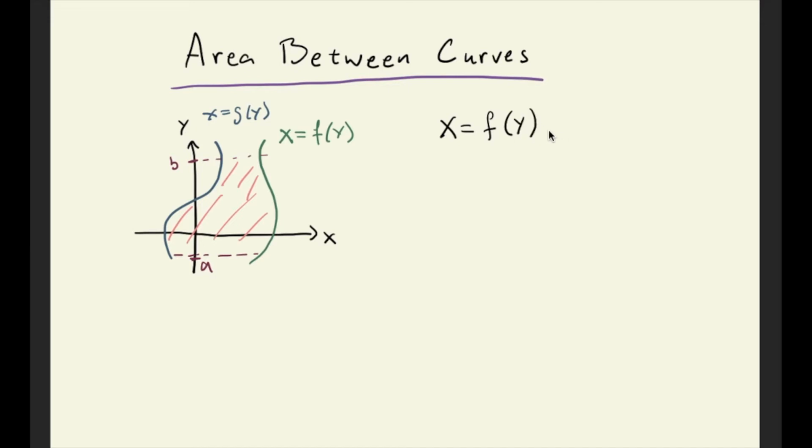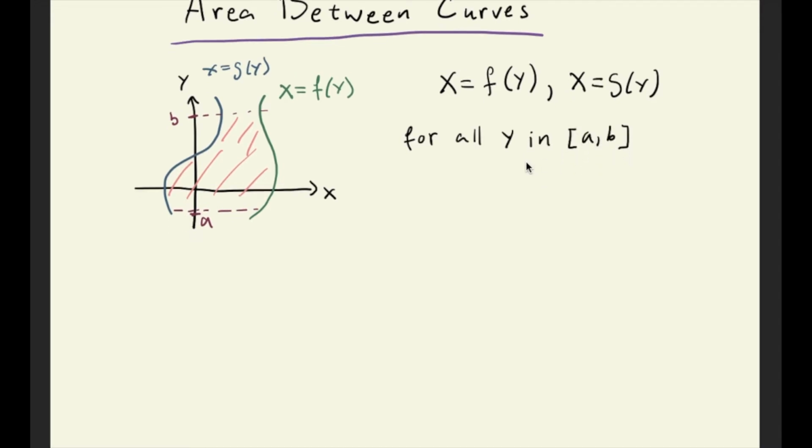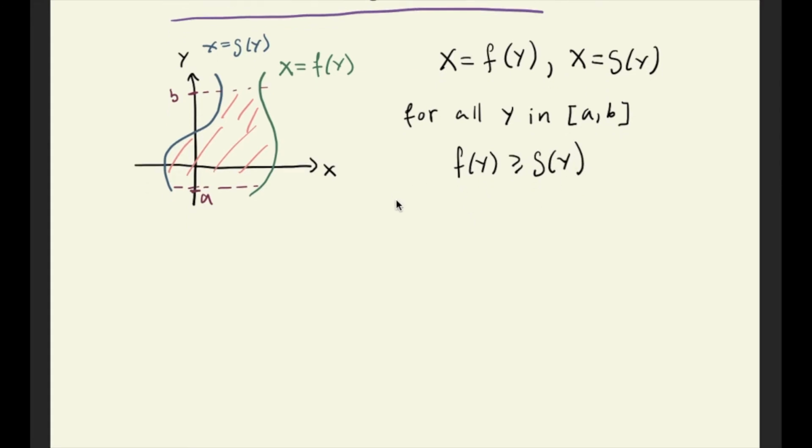So in any case, we're going to have two curves given by x equals f of y and x equals g of y, and we are going to assume that for all y in the interval a b, the function f is bigger than the function g. Then the area here that we want to compute, the area A, is equal to the integral from A to B